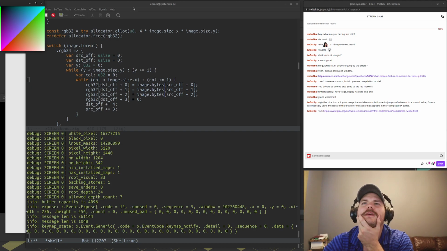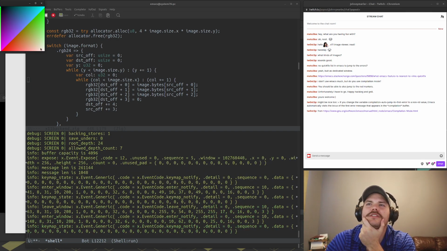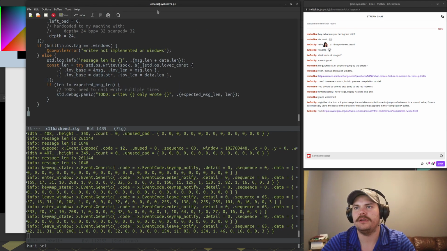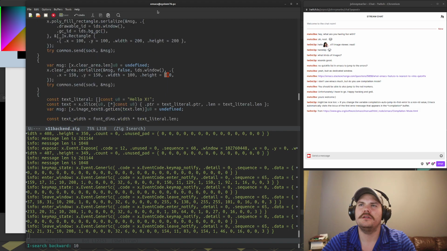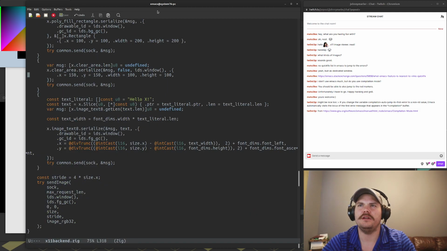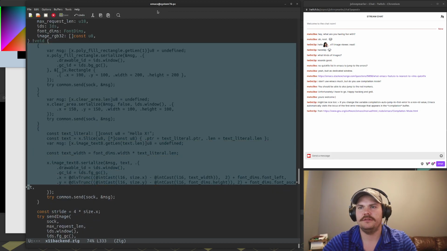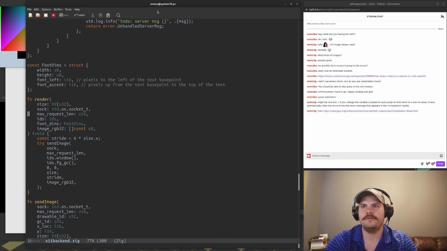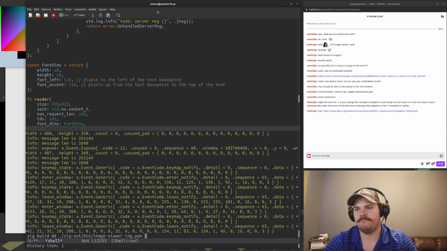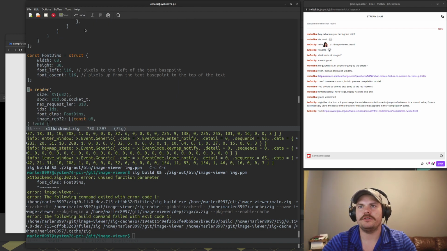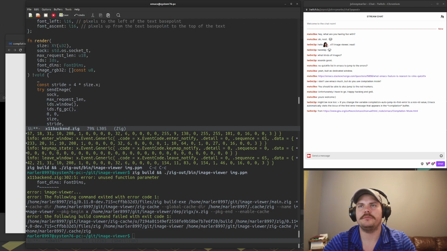I don't know why the image is shifted. It's a little weird. Oh, it's not shifted. It's because we're rendering it at... Oh, actually, I don't think we're rendering it at offset 10 anymore. Let's get rid of this other stuff that we're rendering. Let's just remove it. Oh, font dim is no longer used. Well, we might want to render text at some point, so let's not remove it yet, but